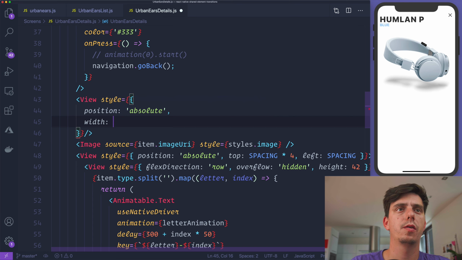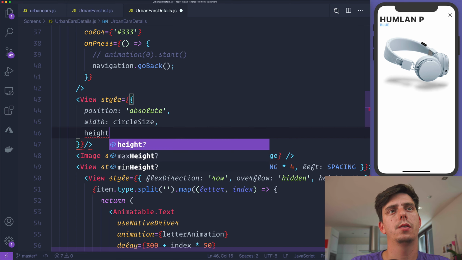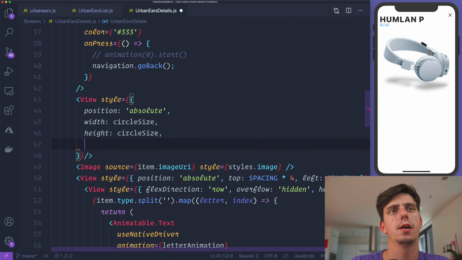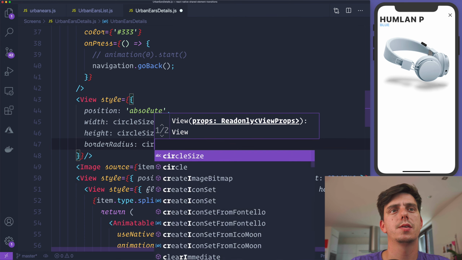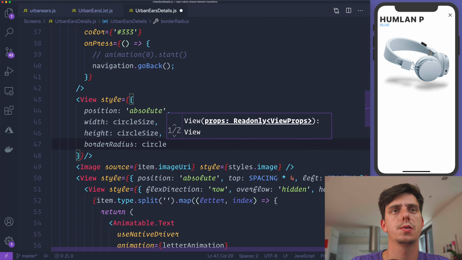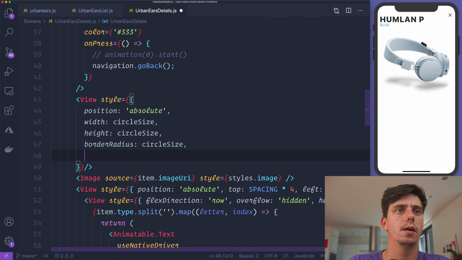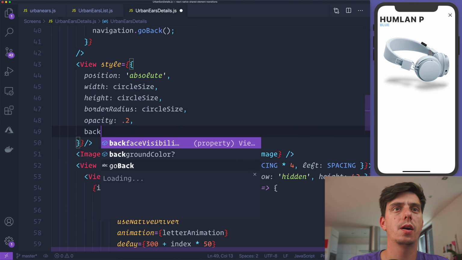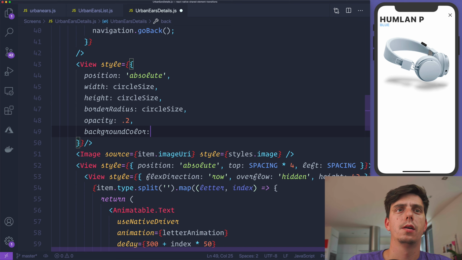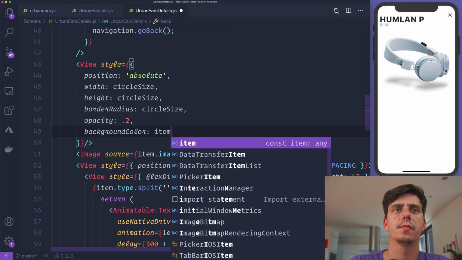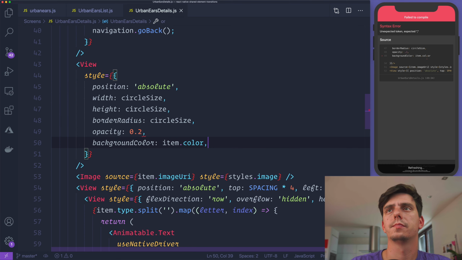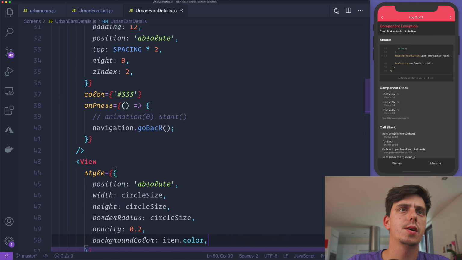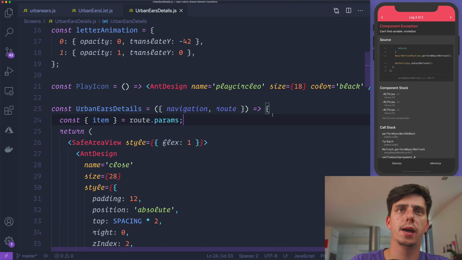We'll apply a width of circleSize, height of circleSize, borderRadius of circleSize, an opacity of 0.2, and we will also have a backgroundColor of item color. And circleSize is not defined, and